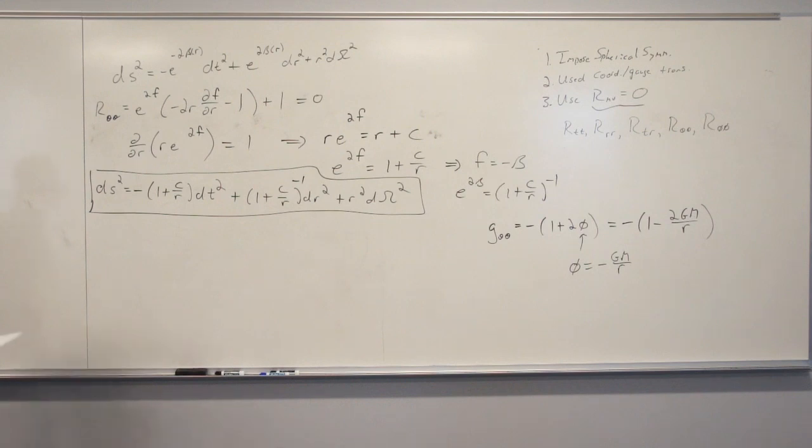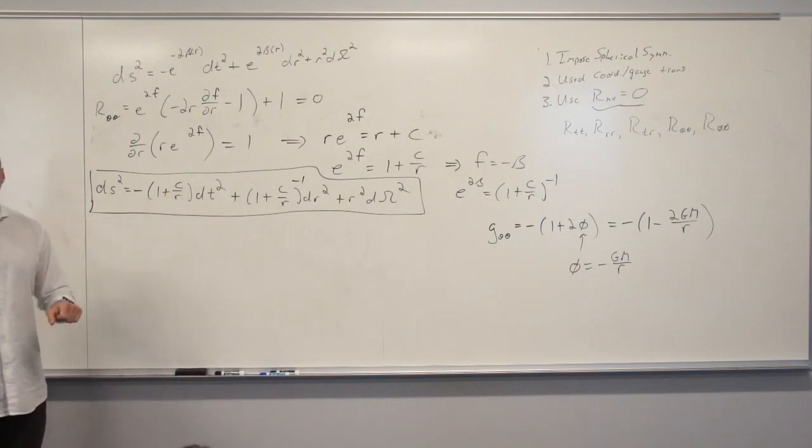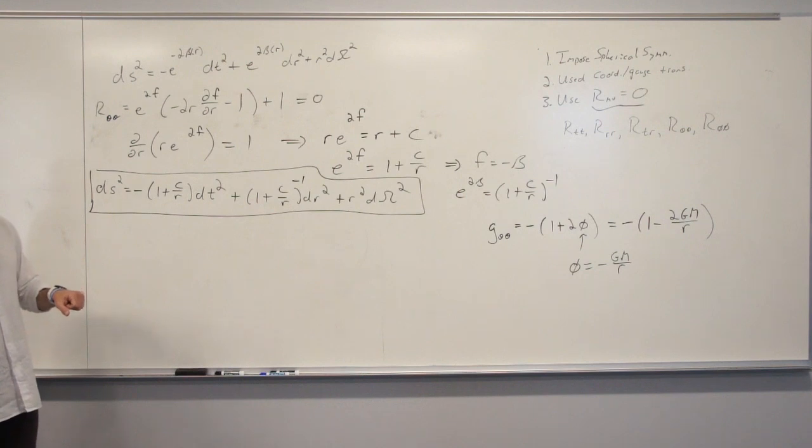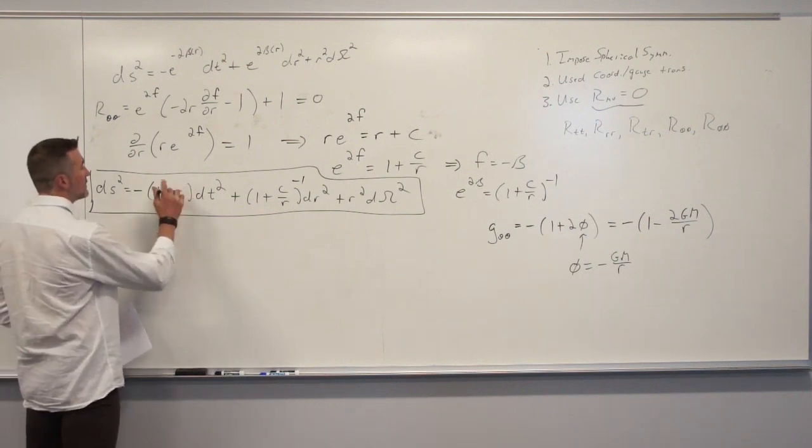And that's important because our solution has an arbitrary constant, c, that we need to determine. And so what we can say is, in order for this solution to reduce to the correct result in the Newtonian limit, c needs to be what? Negative 2 gm. Yes, negative 2 gm. Okay? So our final solution